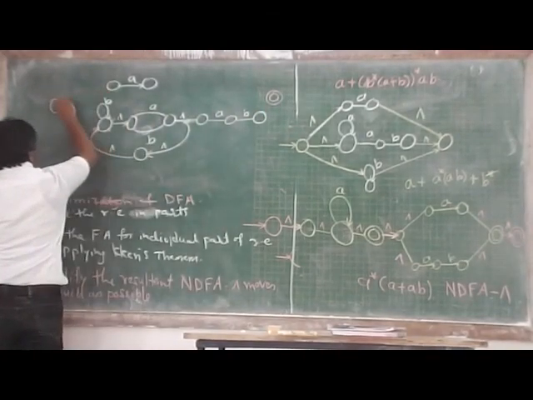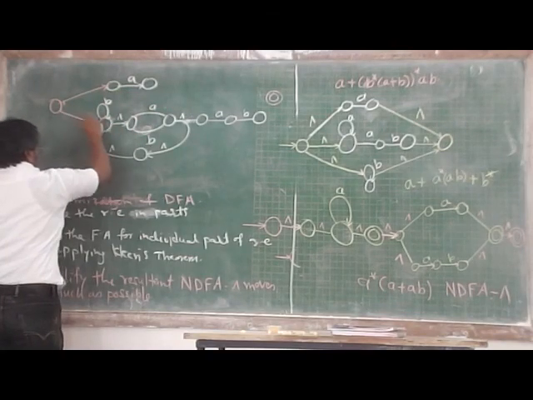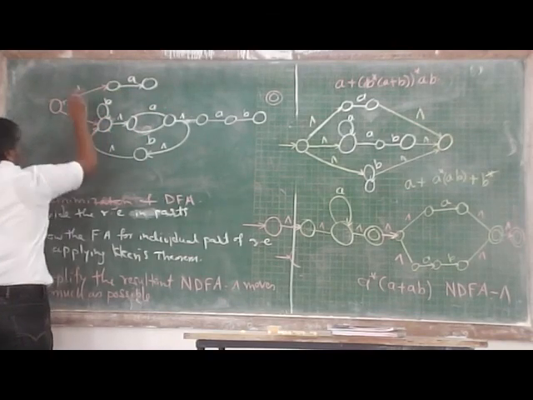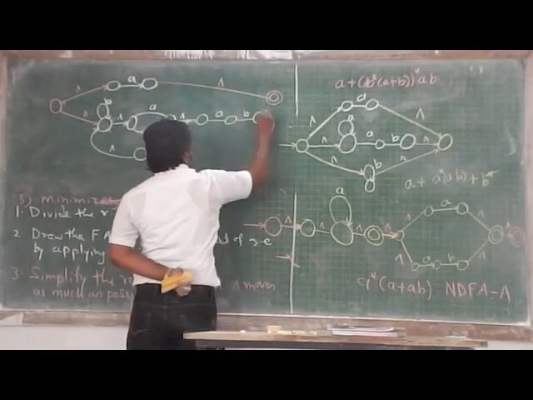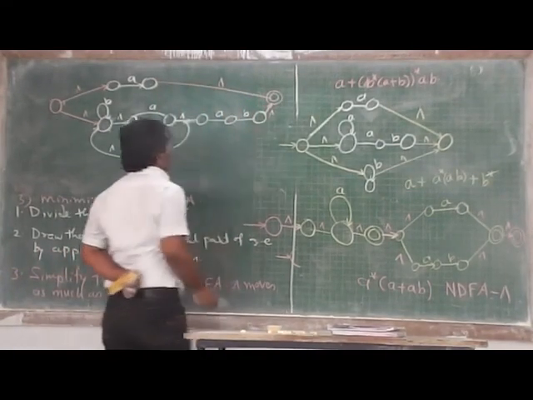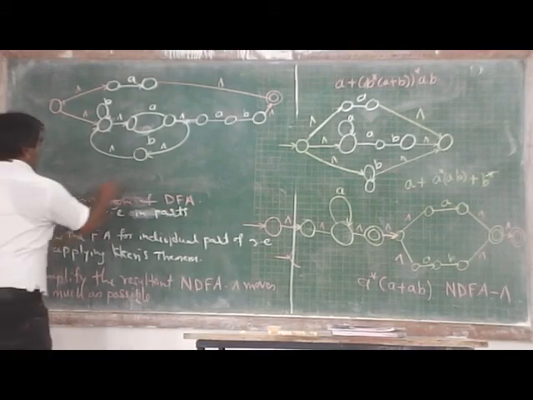So this state, since these are or, this or this, I again have a parallel lines this way, and this and this. This way I can finally come up with the finite automata. This is a NDFA